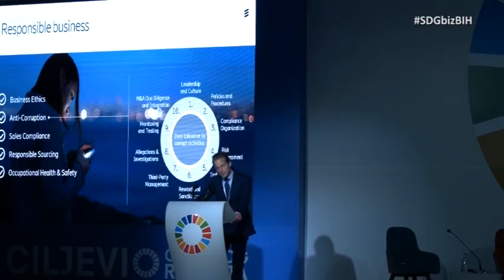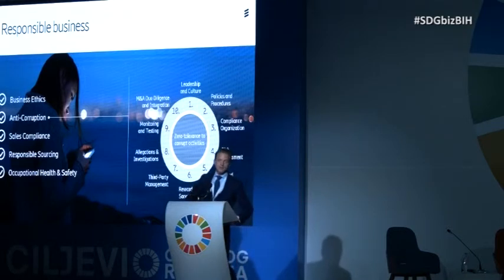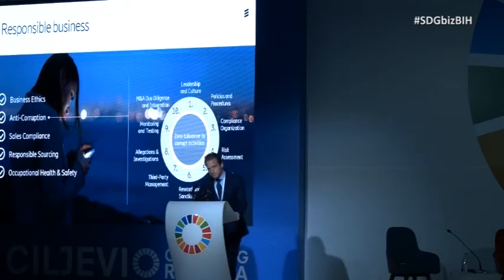Responsible sourcing: how does our supply chain look? Child labor, occupational health and safety issues in the supply chain, working conditions, etc. And then OHS, occupational health and safety for our own employees, but also for our contractors. The biggest risk we have there is driving. People crash their cars and die, mainly in India, but also in the Middle East. So we are really working hard on getting down those figures and teaching people to act in a safe way.